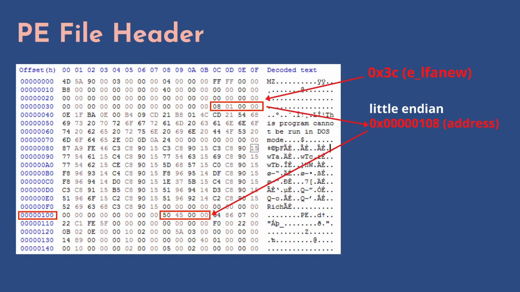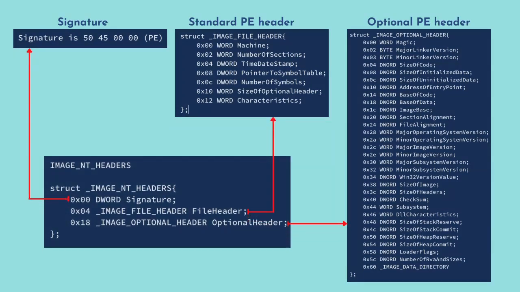PE file header. The PE header is located by looking at the e_lfanew field of the MS-DOS header. The e_lfanew field gives the offset of the PE header location. We already discussed how to locate the PE header address by tracking e_lfanew. The main PE header is a structure of type IMAGE_NT_HEADERS, and mainly contains PE signature, image file header, and image optional header. NT header's signature starts with 5045, and in ASCII it is PE.